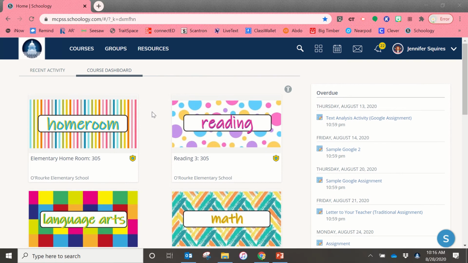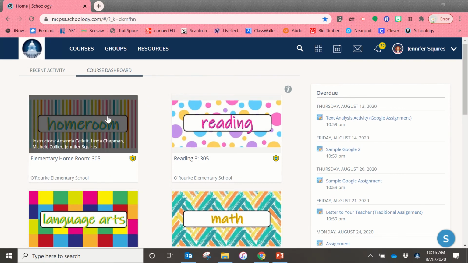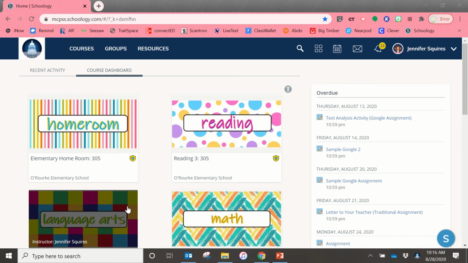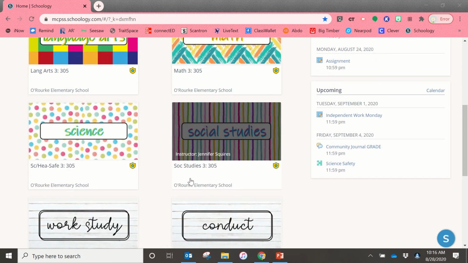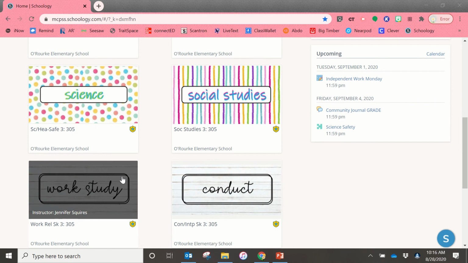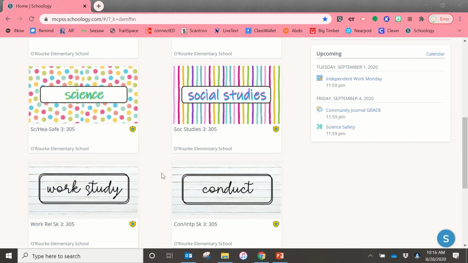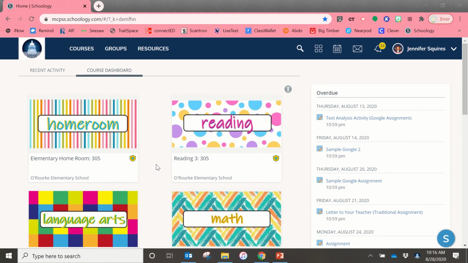So when you log in, you are going to see a whole bunch of tabs. You're going to see homeroom, reading, language arts, math. You're going to see one for science and for social studies. You're going to see one for work study and conduct. And then you're also going to see some for PE and for music and for counseling. And that's a lot of tabs that I know you're going to have to try to figure out how to maneuver. So I've made it easier for you to where you don't have to worry about all of these